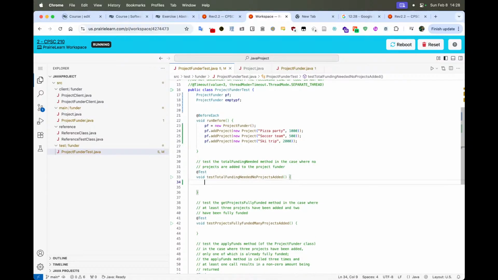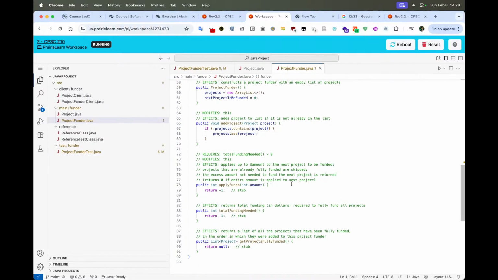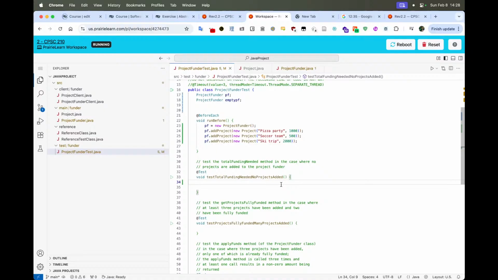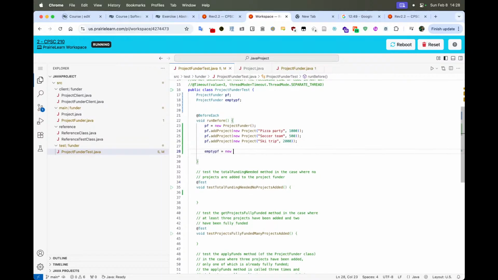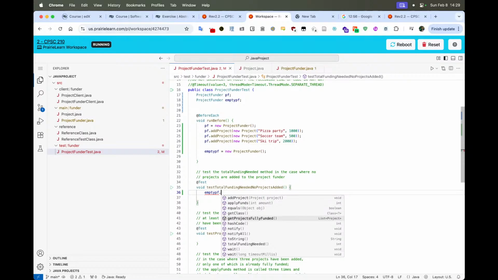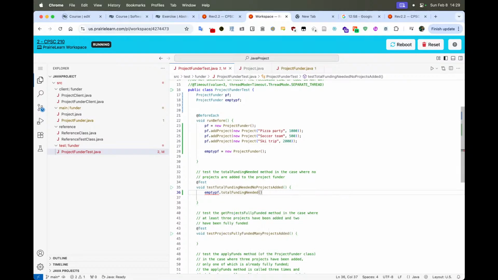I'm gonna do total funding needed. Total funding needed is a method, and this logic should be pretty simple, right? This doesn't depend on the index at all. So we just do, oh wait, no, we don't want to input yet. If we go, we can go empty pf dot total funding needed, and we can put 0, and we can go